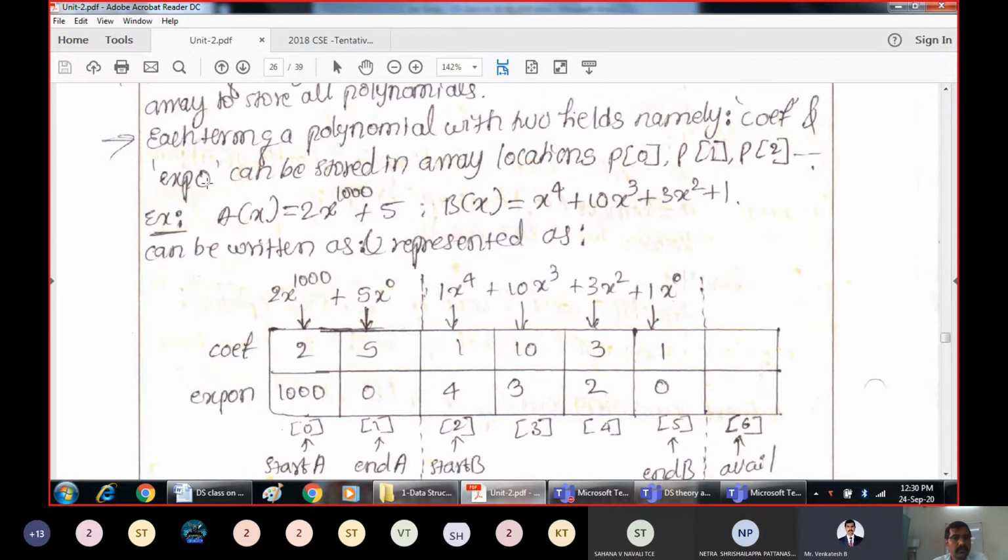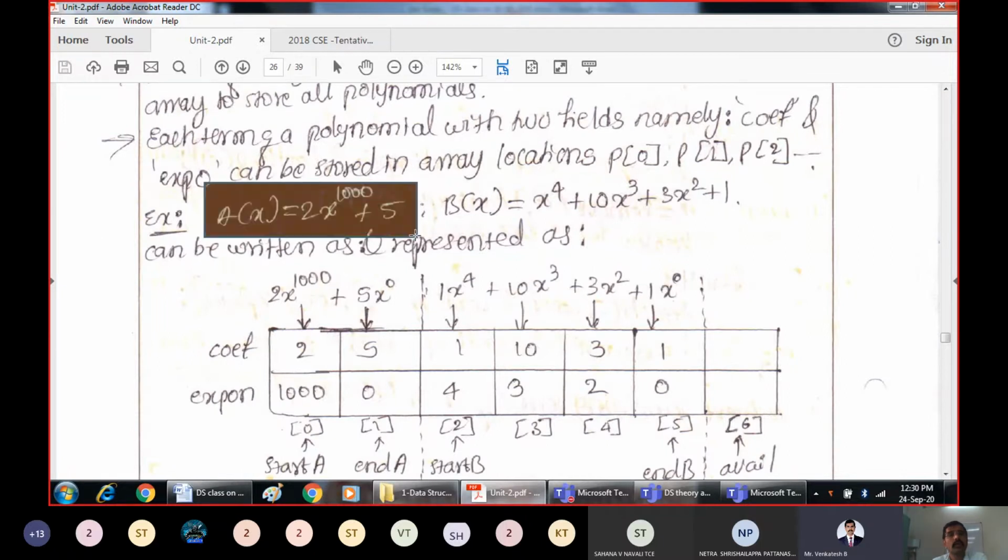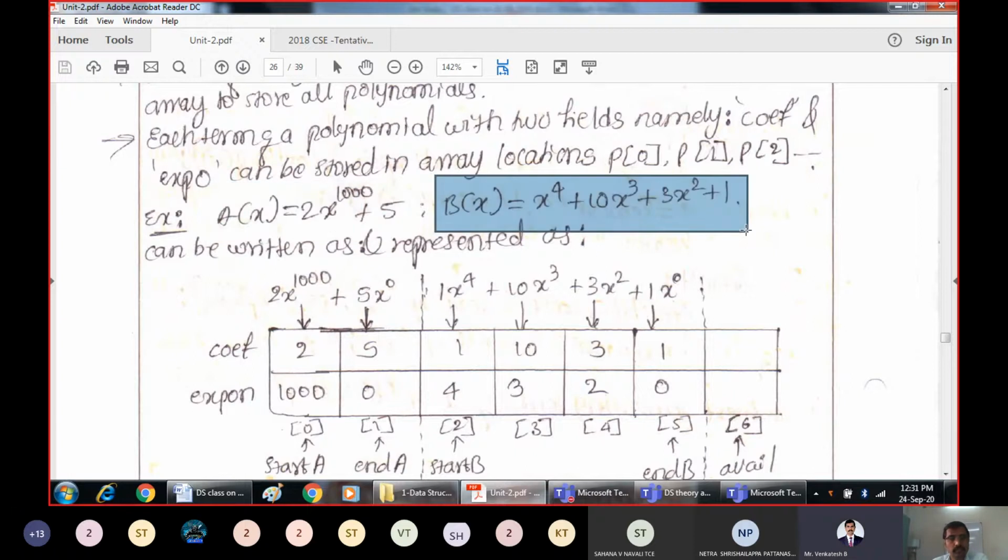Say for example, A of x is one polynomial which has terms like 2x raised to 1000 plus 5. So this is one polynomial containing two terms. P of x is another polynomial which contains four terms: x raised to 4 plus 10x cube plus 3x square plus 1. So these two are the polynomials.